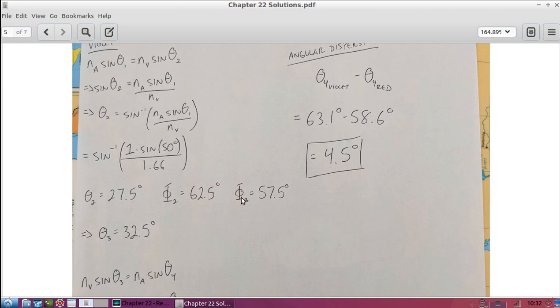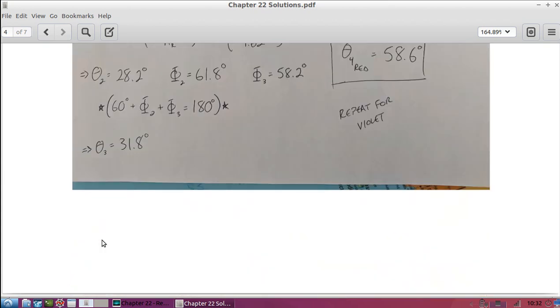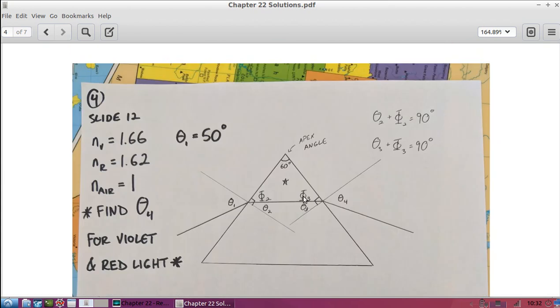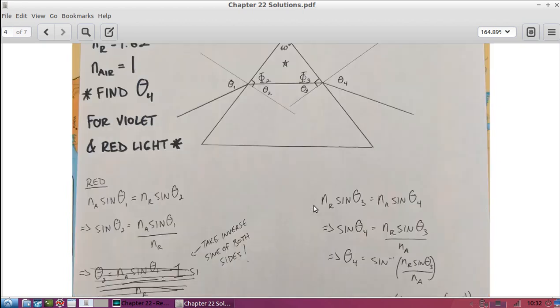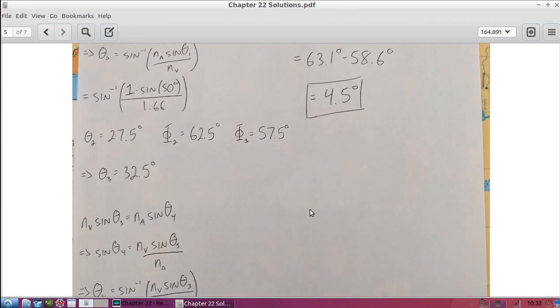Once again, we have to take phi 3's complement to find the incident angle on the second surface of the prism. We need this angle because it's measured from the normal line. So we take phi 3's complement. Theta 3, my new incident angle, is